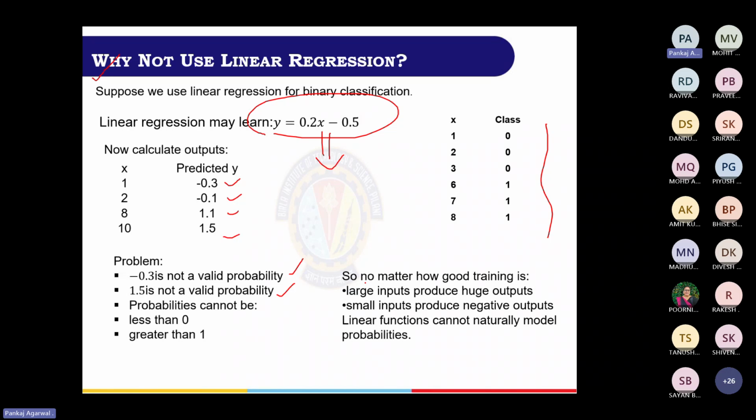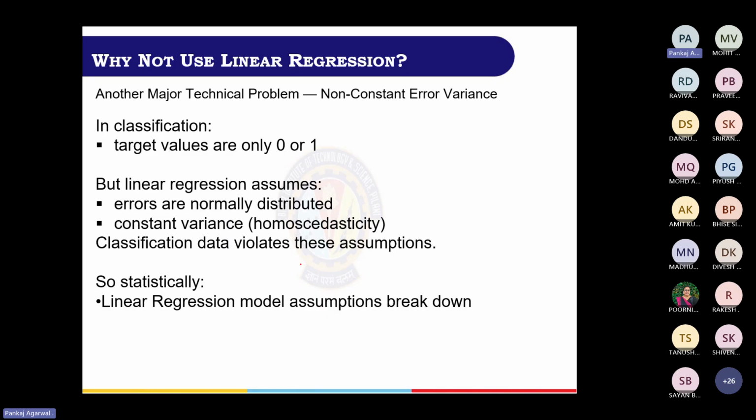And no matter how good the training is, large inputs will produce huge outputs and small inputs will produce negative outputs. And linear functions cannot naturally model probabilities. That is for sure. So that is one of the obstacles why we did not use the linear regression model, because I was not able to model the probabilities through this kind of thought process, right? This is not the only problem. Another problem was